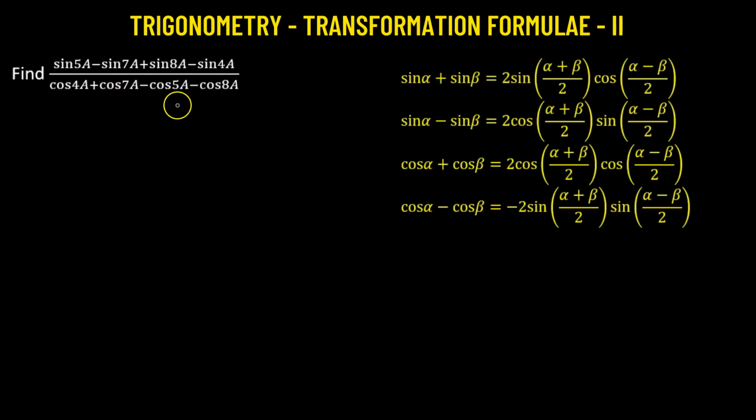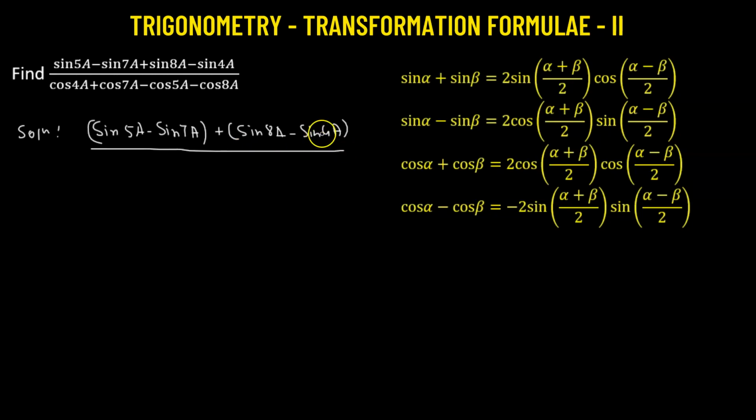So in this problem, we need to determine the value of the given trigonometric expression. So let us begin. Here in the numerator, we have the difference of two sine functions, sine of 5a minus sine of angle 7a, and this is added to another difference of two sine functions, sine of 8a minus sine of angle 4a. So what we can do here is find the difference by using the transformation formula